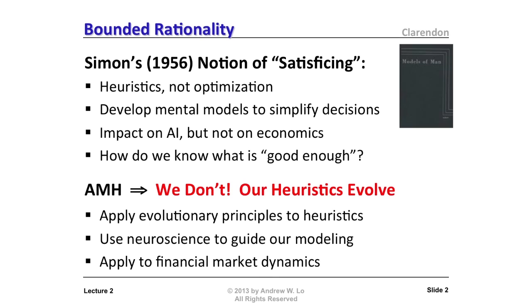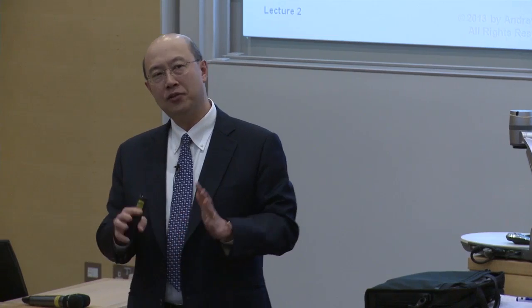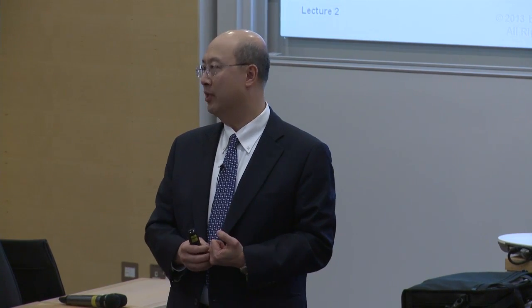So let me start with bounded rationality. Where we left off yesterday was that clearly there's a long literature that started with Herbert Simon, among others, about the fact that individuals don't make decisions in the way that mathematical economists typically propose. Now, you recall that Simon, in 1956, wrote a book called Models of Man. And before that, in 1947, when he published his PhD thesis on administrative behavior, Simon actually spent a fair bit of time studying how people make decisions, particularly corporate executives. Actually, his degree was not in economics or mathematics, it was in political science.